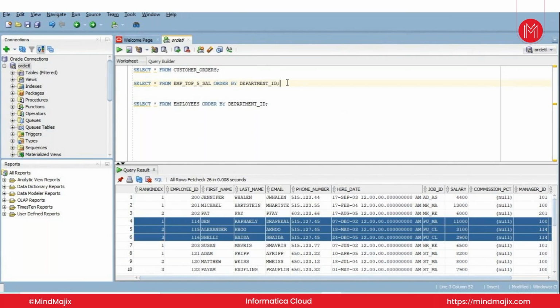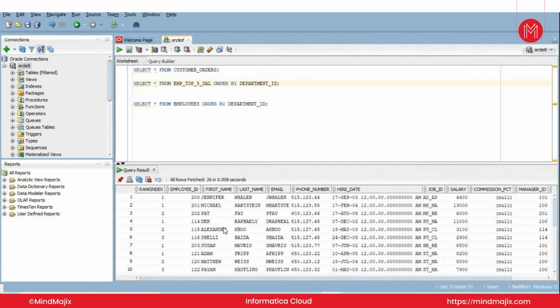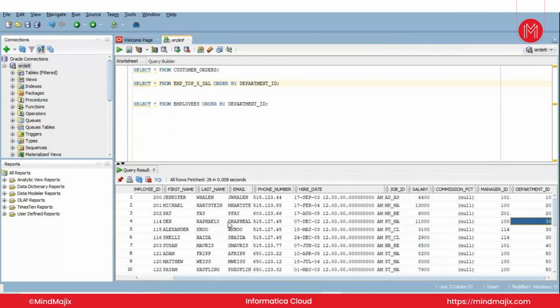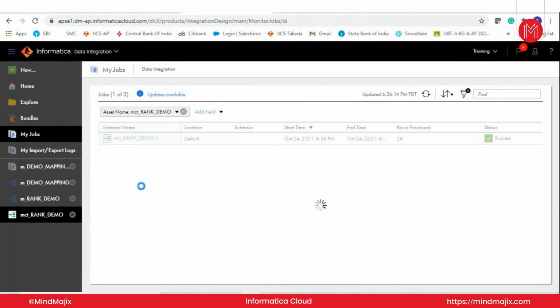So let's do a spot check for department ID 30 whether it is correct. So over here, if I go see department ID 30 again has 3 records only, is it? Okay, let's select something bigger than that. Okay, so this is how, if I go back to the syllabus,